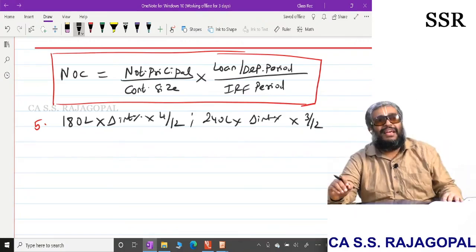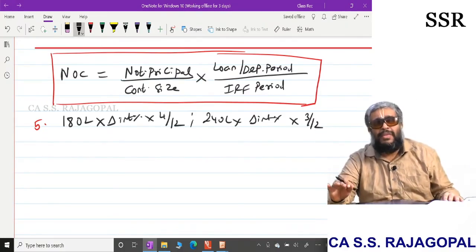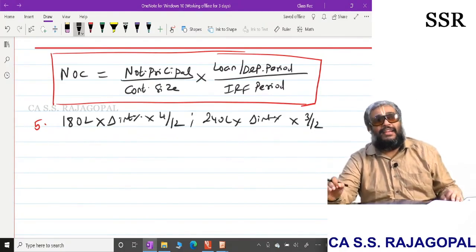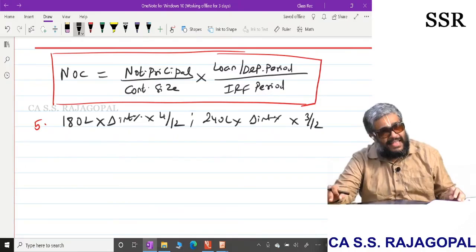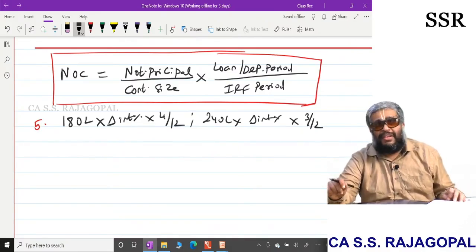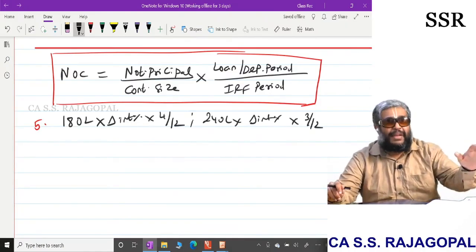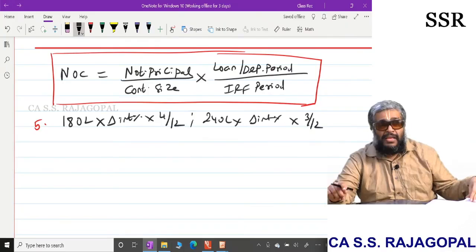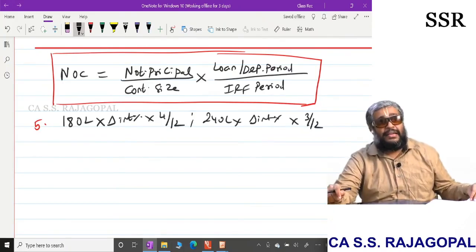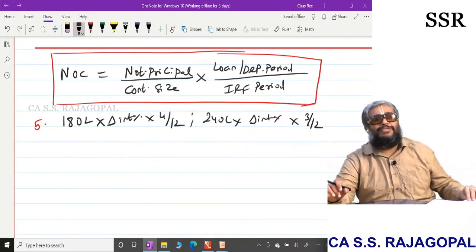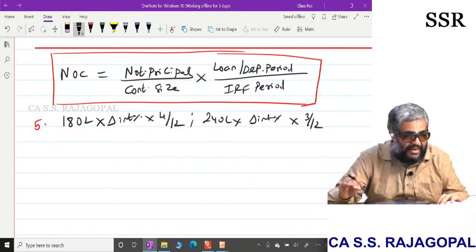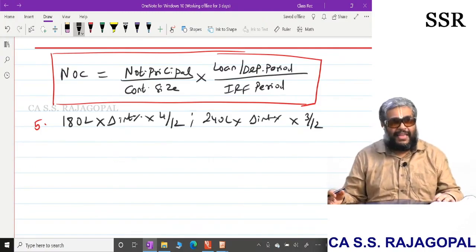The 10th question is a revision question. That is, FRA as well as interest rate futures both are tested in one question. This is an ICAI problem, one RTP question, a very good question which is going to cover everything done in this chapter. This chapter will be over except question number 5, which I will be doing after swaps, because it is an interest rate option, which I will be combining with swap option and doing it. Everybody understanding? With this we will be completing this particular chapter almost.